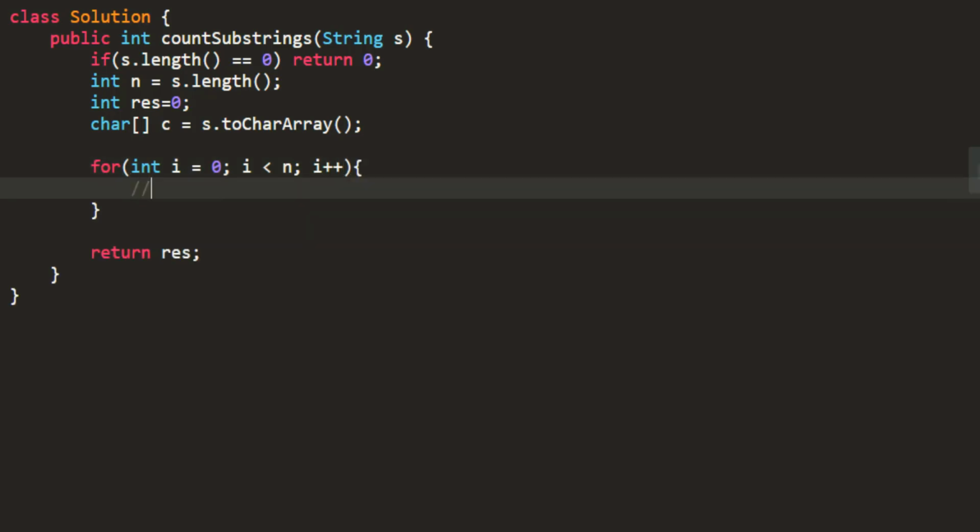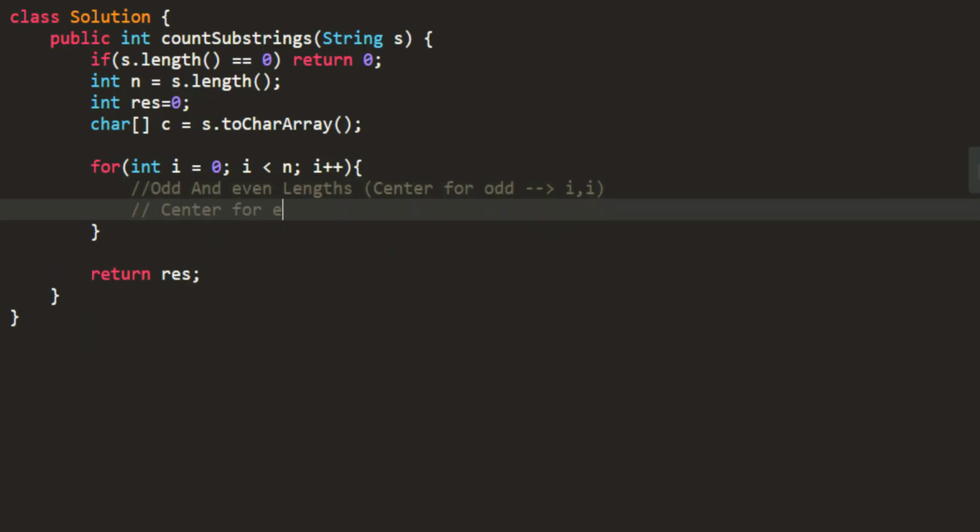Over here I need to check for both odd and even lengths. So my center for odd would be I and I, and my center for even length would be I and I plus 1.